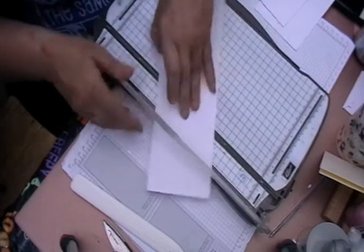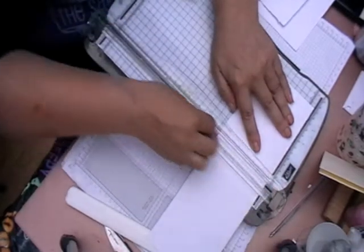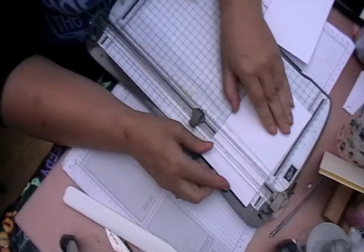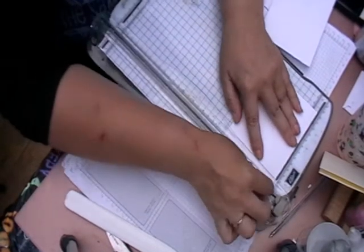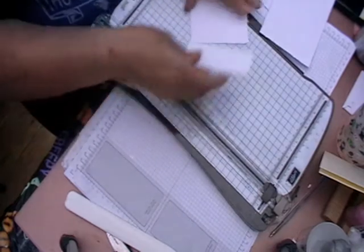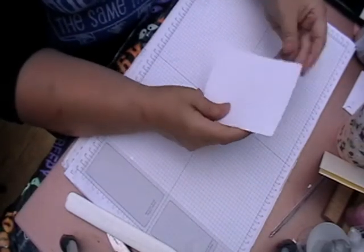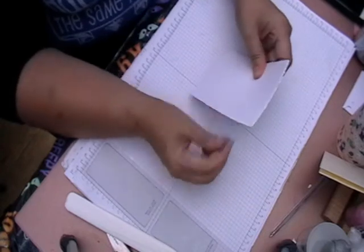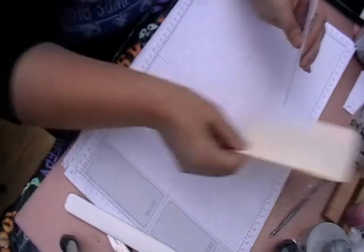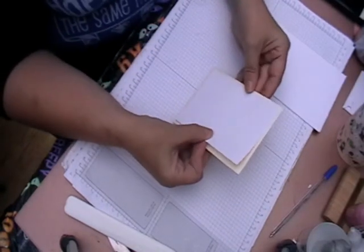So, and again you can keep your scraps if you want to, or you can bin them. I keep mine because they come in quite handy for stamping. Oops a daisy. So that is the 4. My paper trimmer, the blades, I need a new one really, but it's on my list of what to get. So if you put this down in here,